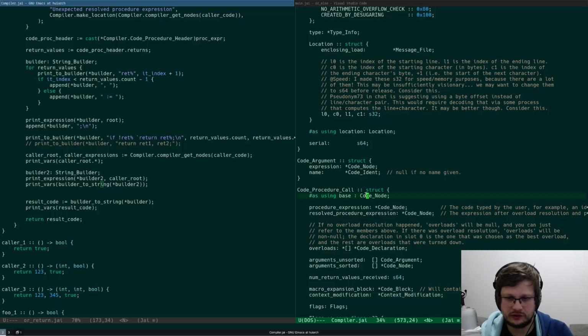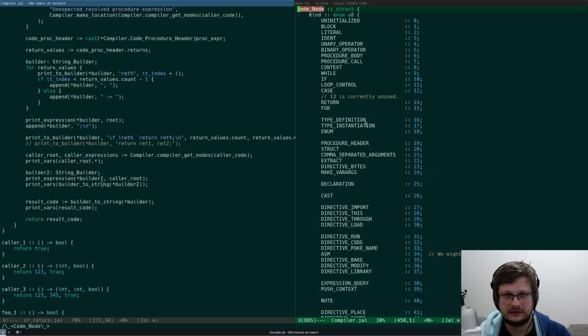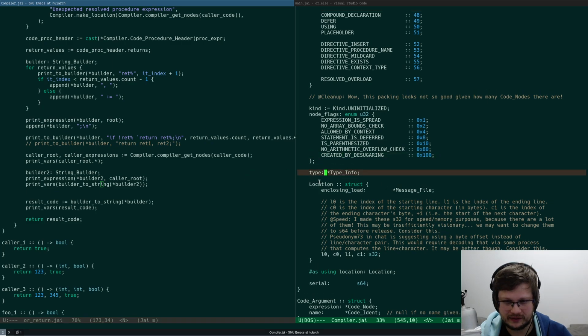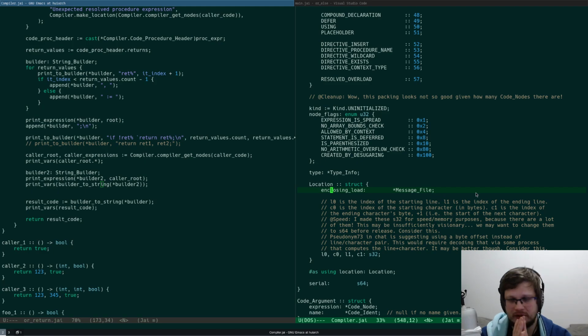Let's see what the code node has. It has kind and type, and it has location. A location has an enclosing load, which is a message file.